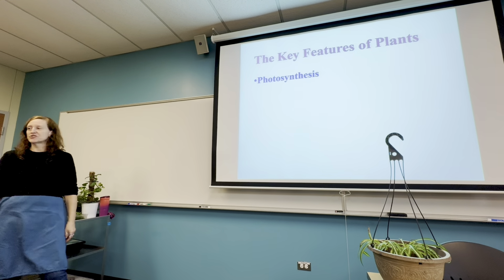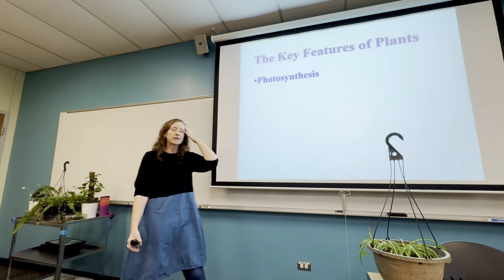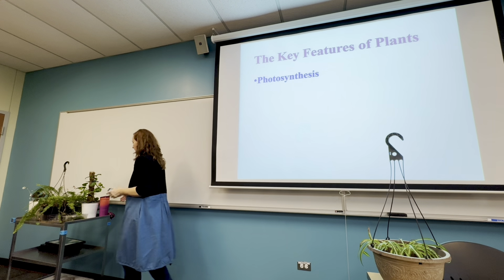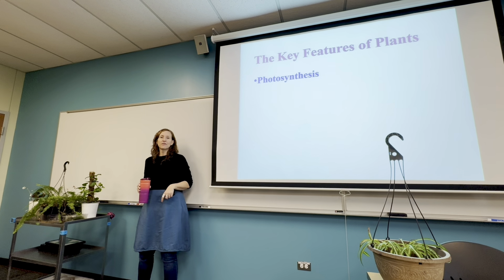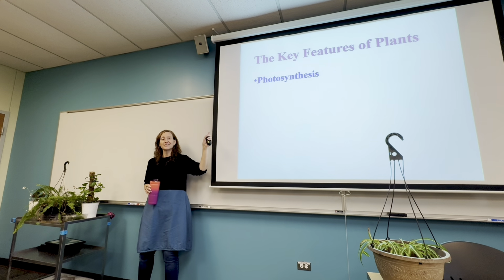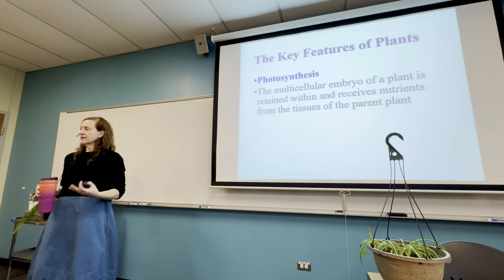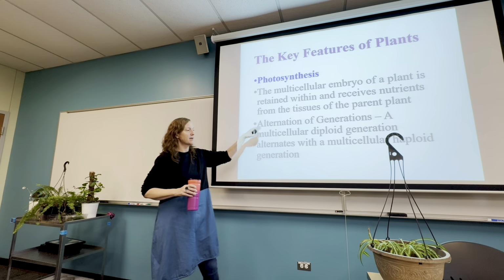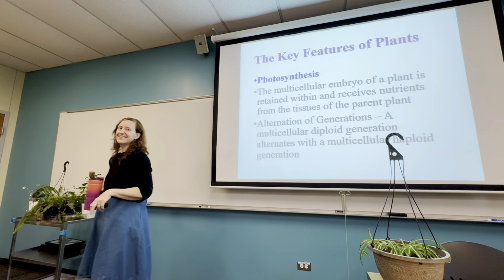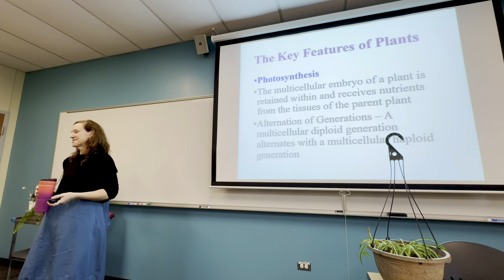Let's talk about some of the key features of plants. One of the things we know about plants is that they undergo photosynthesis. This is probably the most common characteristic that we think of with plants, or you might think plants are green. Being green comes from the organelle, the chloroplast, and the chloroplast is the organelle that undergoes the metabolic pathway of photosynthesis. They are multicellular. We can see them with our eyeballs. We don't need a microscope to see them. And then they do this kind of funny thing. If you ever take a botany class, you'll see plants do all kinds of really crazy things that other species can't do.